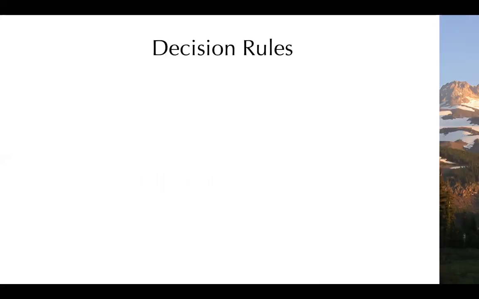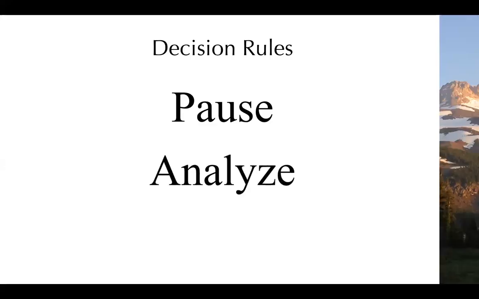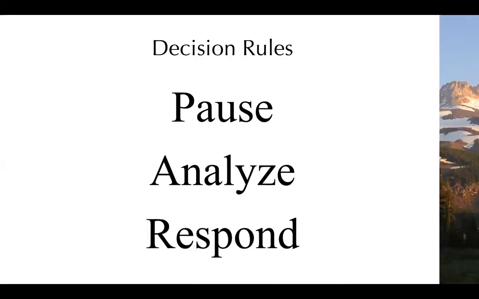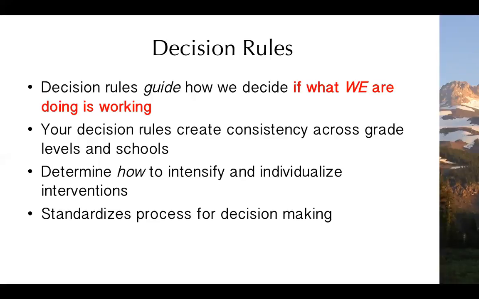So when we think about decision rules, they really cause us to do these things. They cause us first to pause. Sometimes I call them tripwires. What is it that's going to cause us, we look at the data and say, whoa, we need to stop here and pause and then analyze. We need to look a little deeper at this student. And so we've paused, we've analyzed, and then we come up with a response. And so decision rules are the tripwires, they're the triggers that have us stop, look a little deeper, and then come up with a solution about something that we need to do differently for the student. So they start to guide